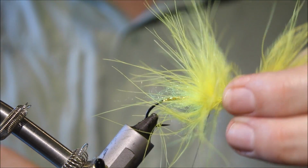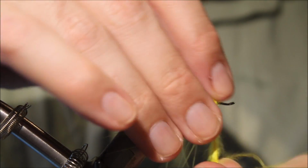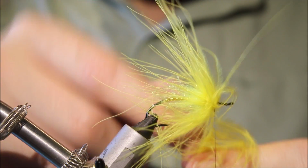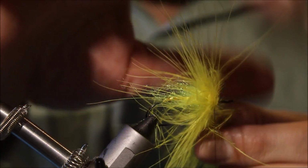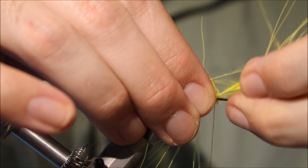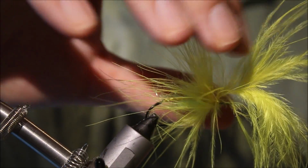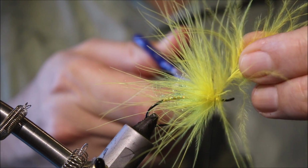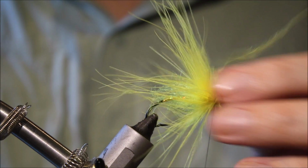Now when I think I've got enough, which I do, I'll strip any fibres on the stem where I want to tie it in. Right, you can see there I've stripped it and it's bare. Three wraps is plenty to hold it. Trim the end off close, and then just